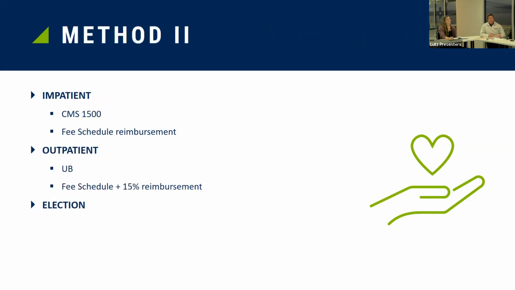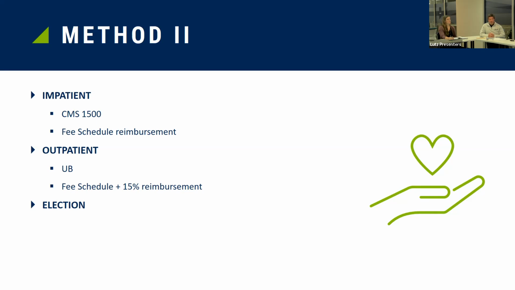So then again, that third way is kind of a blended way. For method 2, you can bill for inpatient on a CMS 1500 and get fee schedule reimbursement. On the outpatient, you'd bill on the UB and not get the cost reimbursement, but you would get fee schedule plus 15%. This would be for those facilities who just can't seem to make it under the 800 surgical limit,